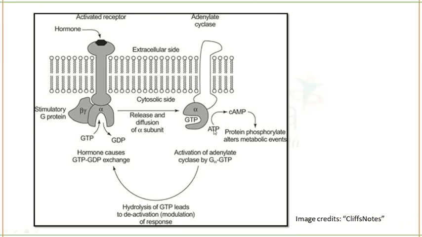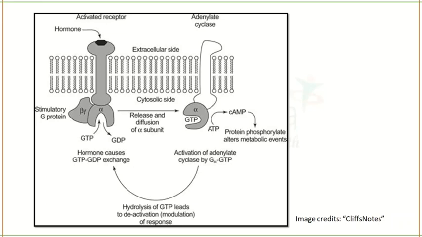So when the G alpha protein is activated, it will activate the adenylate cyclase and ATP will be converted to cyclic AMP, and a high concentration of cyclic AMP will be present. But your cell cannot have a high concentration of cyclic AMP all the time, not constitutively. After the work has been done, the receptor and all the functions have to go back to their normal state, and for that your cyclic AMP levels should decrease. For the decrease of cyclic AMP level, your G alpha GTP should go inactive.